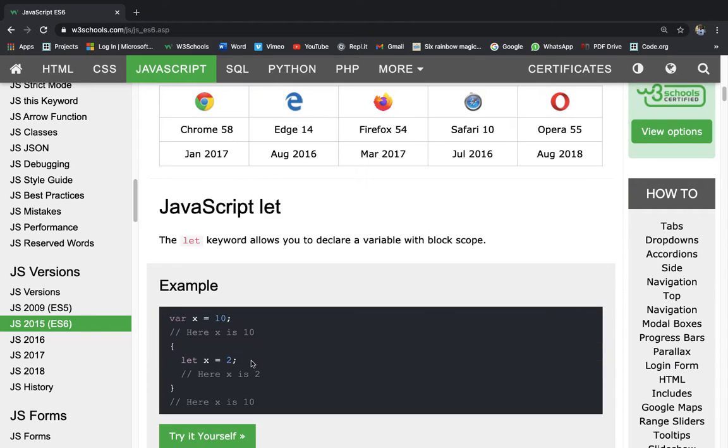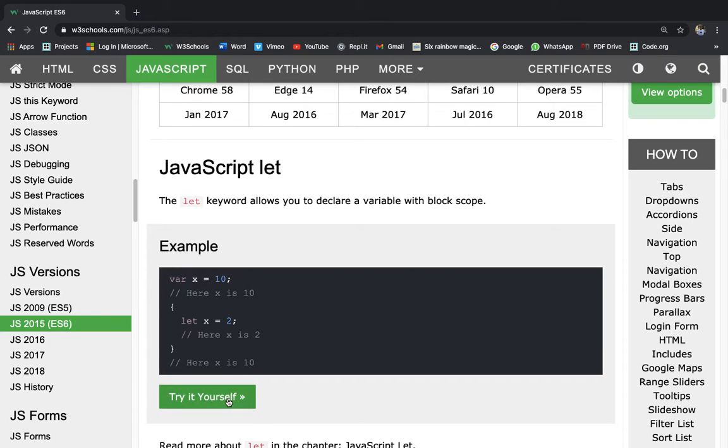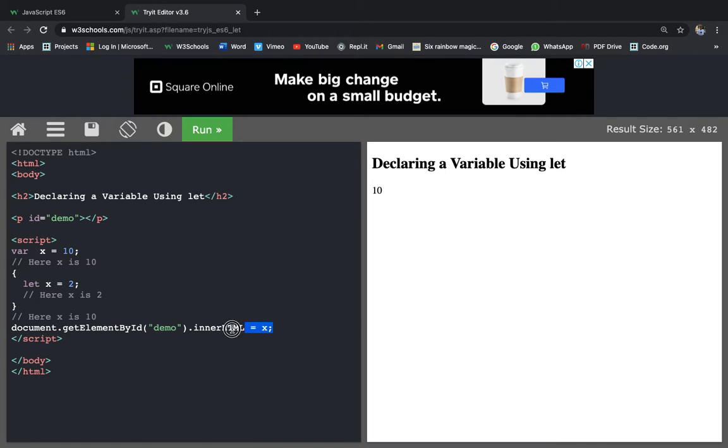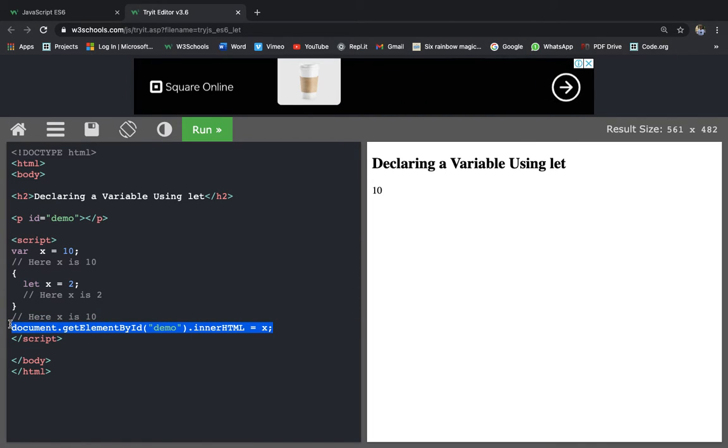So now, JavaScript let. The let keyword allows you to declare a variable with block scope. Like here we have var x is equal to 10, here x is 10, let x is equal to 2 in a block. So in this block x is 2, but outside this block x is 10. So this is block scope, right? So if I do the same thing also over here,